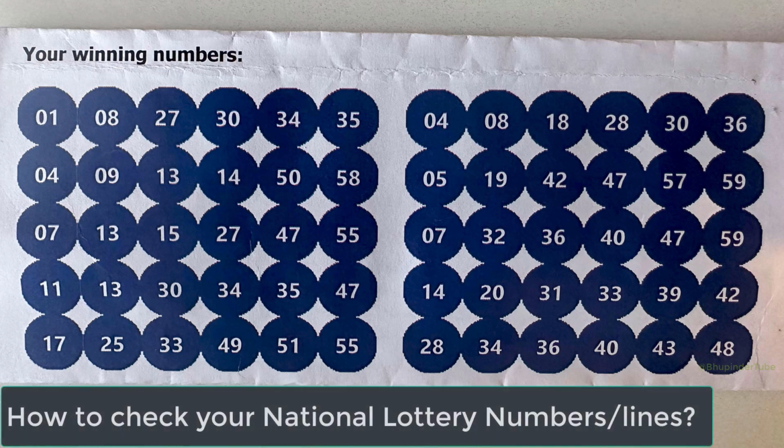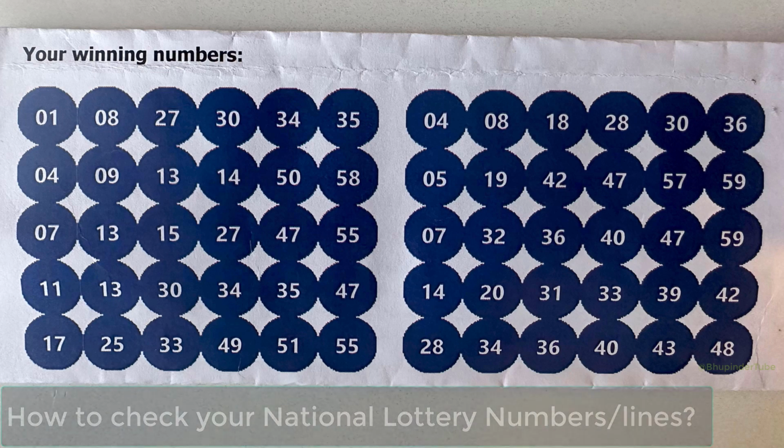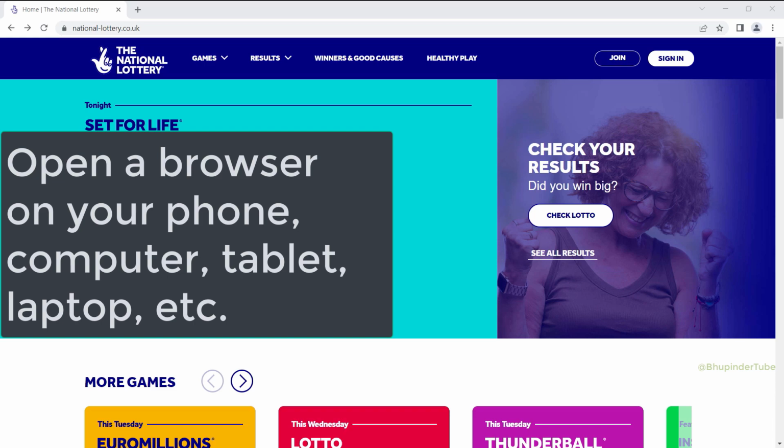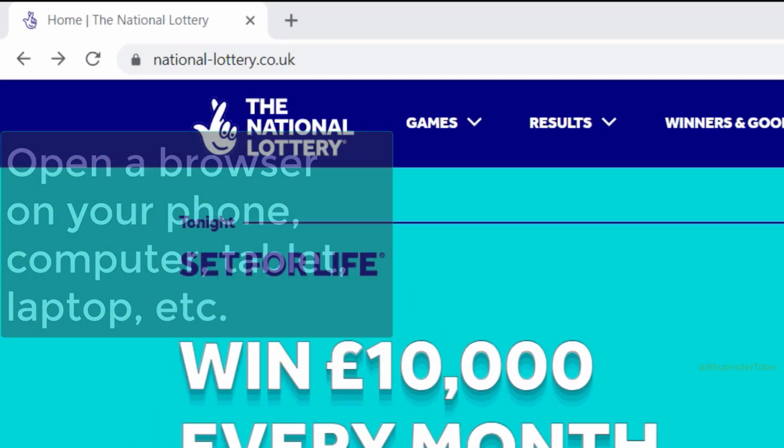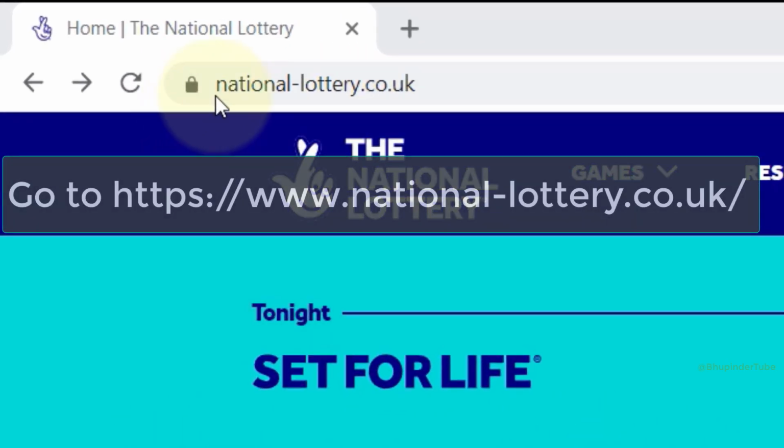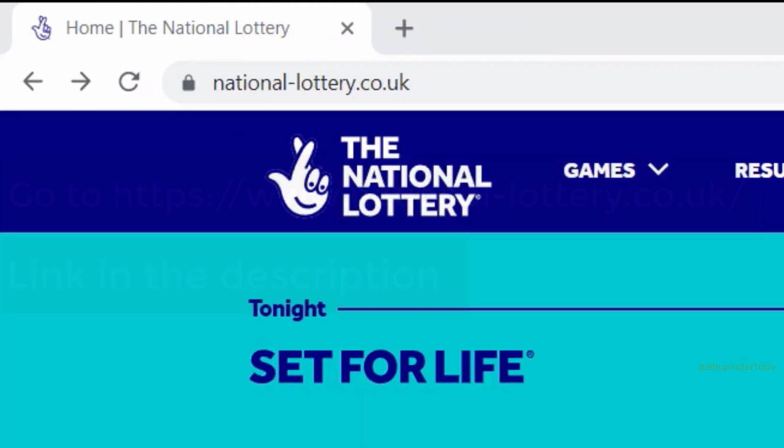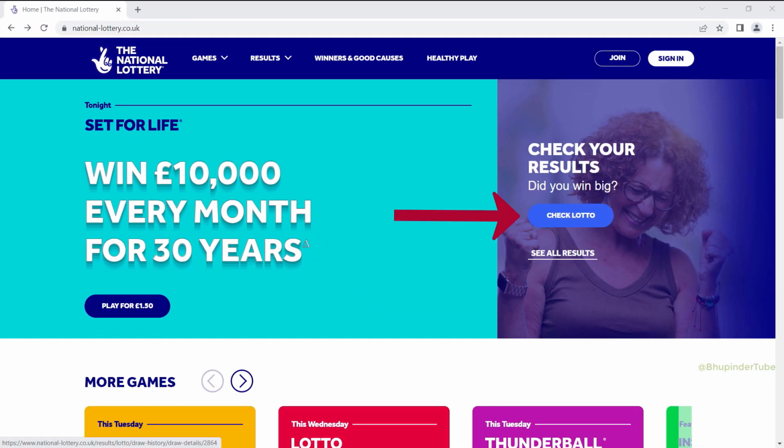So how can you check your national lottery lines? It's really easy. Open a web browser on your phone or computer and then type national-lottery.co.uk. You could simply click on here to check your lotto, or you could go to the results, find the